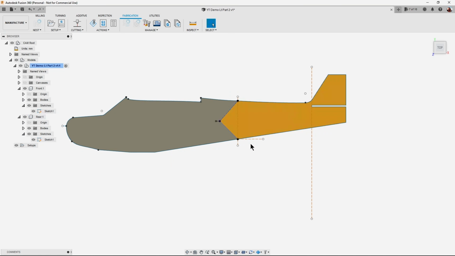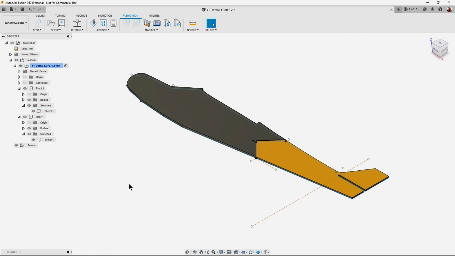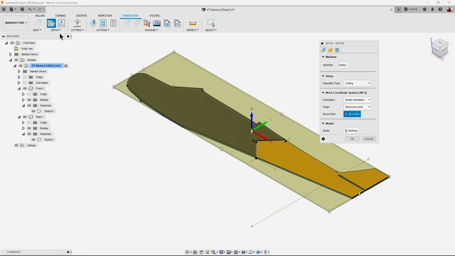Let's just turn that line there, it's from the sketches, so it's not going to cause any problem. We'll just turn it on its side. So what we have to do to start with is create a setup just like we did in part one, but this time we're going to create a setup for each body. So we do setup, new setup,